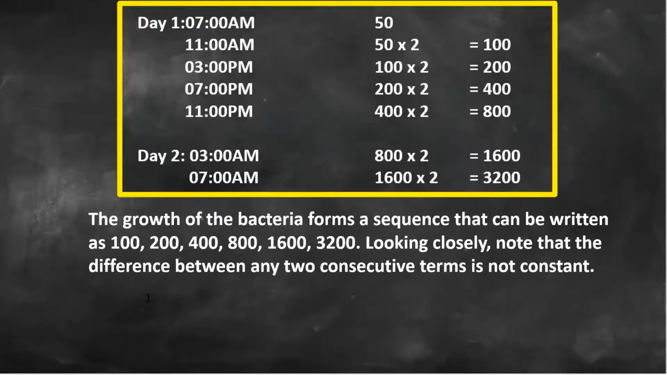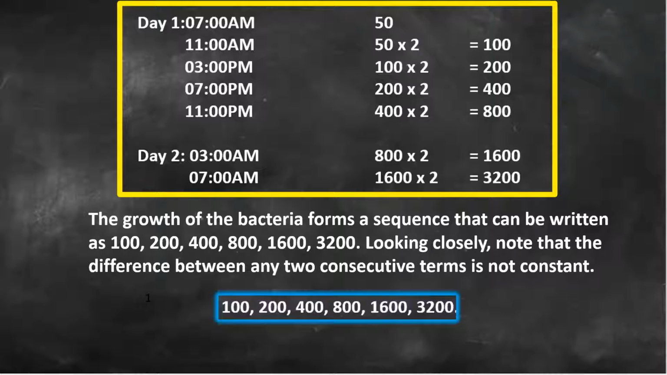So let's analyze. The growth of the bacteria forms a sequence that can be written as 100, 200, 400, 800, 1,600, and 3,200. So as you can see, looking closely at the sequence that we formed here,